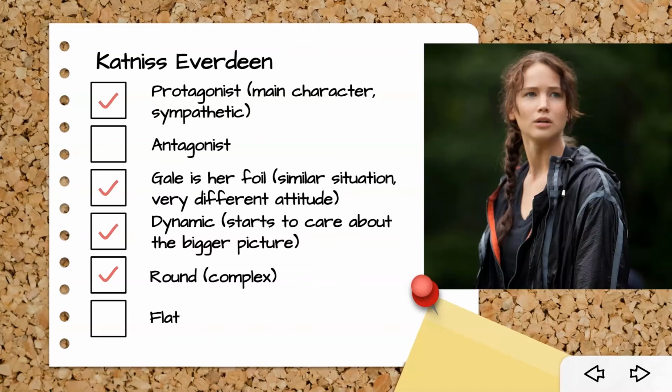Gale is Katniss's foil. He is in a similar situation. Both of them live in the same place. They have the same struggles. They're both trying to feed their little siblings and just get along in the world. But they have a very different attitude